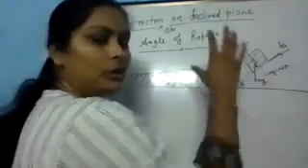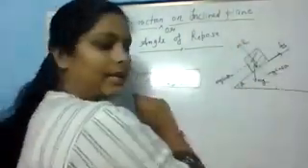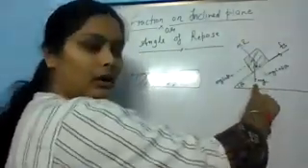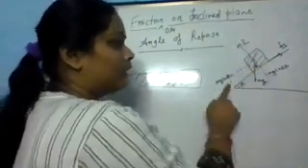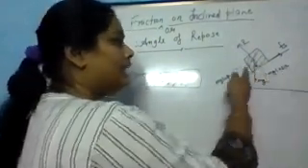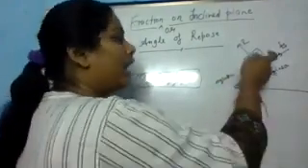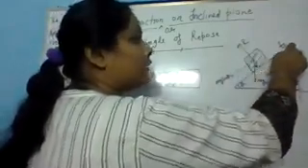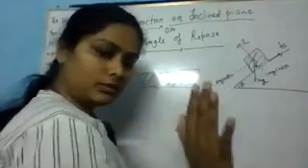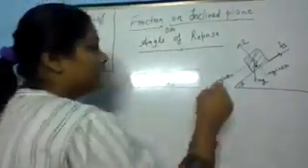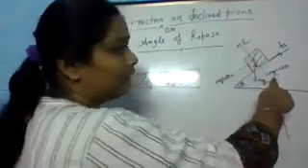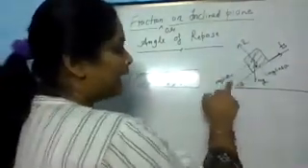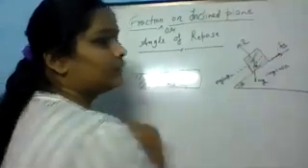We have a block, we put it on an inclined plane, and this inclined plane makes an angle theta with the floor. Its weight works vertically downward. We take the components of the weight, so the theta side will be mg cos theta, and this is your mg sin theta. The normal reaction force always works, and the direction of the static friction will always be opposite to the motion. Now we see this reaction force is balanced by the component mg cos theta, and this mg sin theta is balanced by static friction.